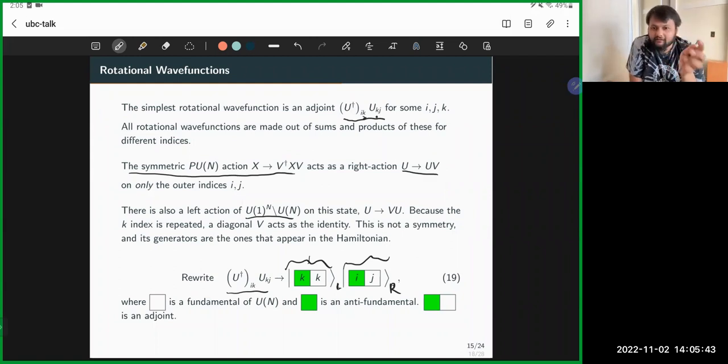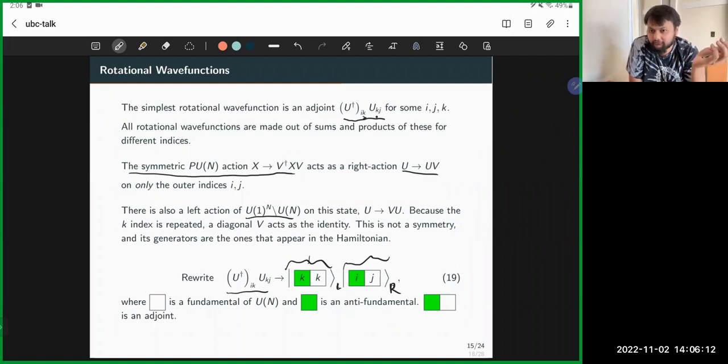But similarly with anti-fundamental. And when you put those two boxes next to each other like that, you get the adjoint. Okay, a fundamental times an anti-fundamental has an adjoint in it, and this is the adjoint. And under both the right and the left actions, the most basic wave function is an adjoint. Okay, so the representation theory of PUN says that all the irreps that appear are those that appear in the